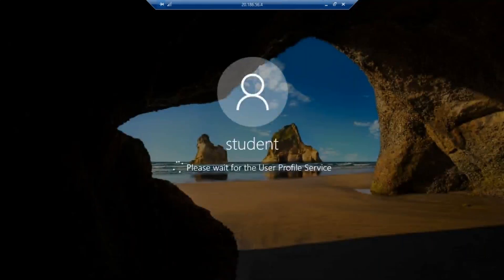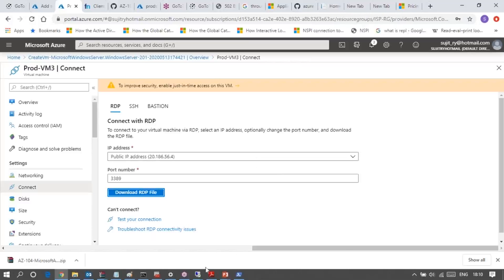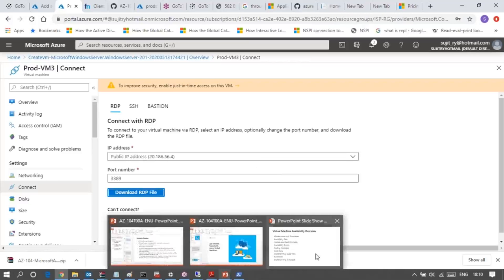Yes, now it is ready to work. Okay, so let it be done. And we can move to the virtual machine availability.